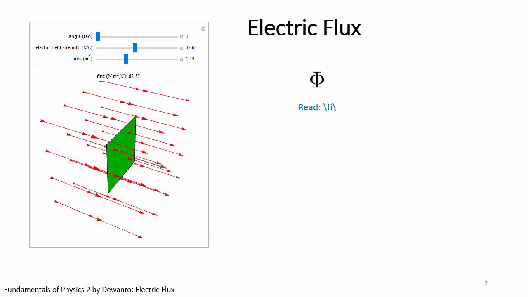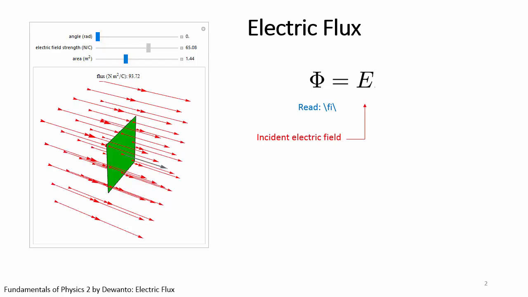So straight away we can see from this definition that electric flux will have to be proportional first to the magnitude of the field. Larger fields, which means more red arrows in this simulation, means larger flux. Second, it is also proportional to the area of the surface. Larger area means larger flux.